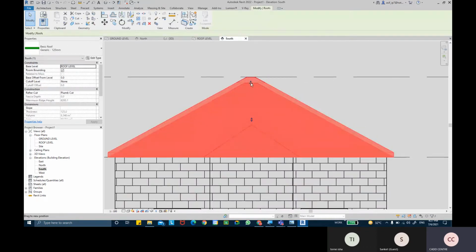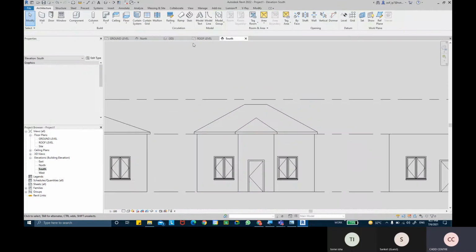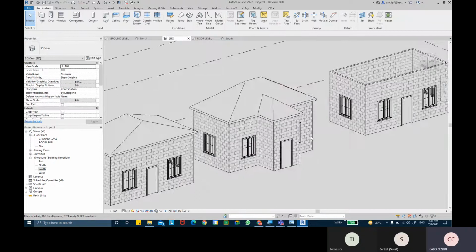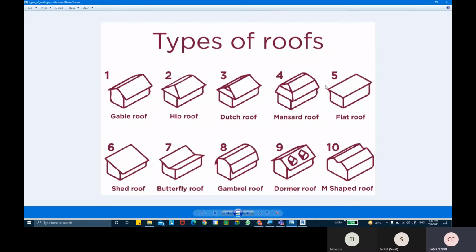That's too much actually, so bend it a little down. Okay, so that's a simple hip roof that you can create. A hip roof simply has slopes in all directions.